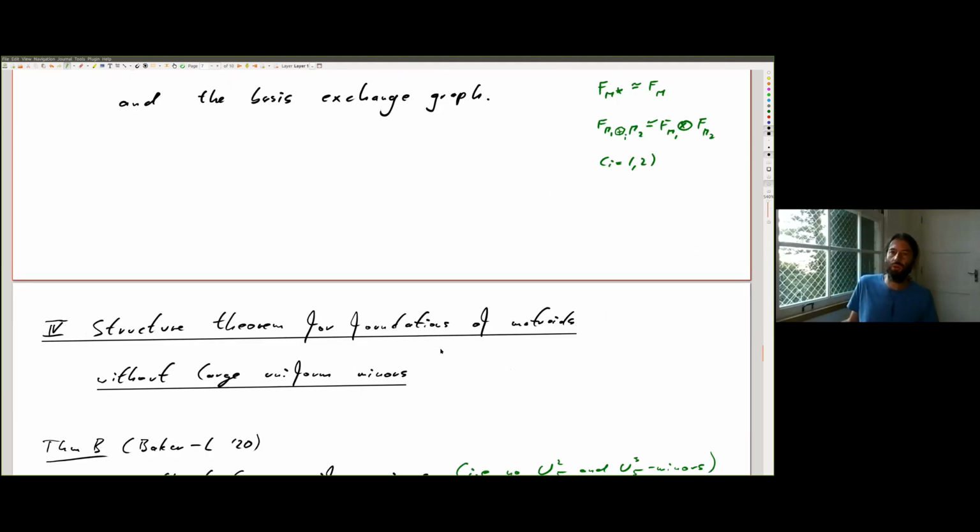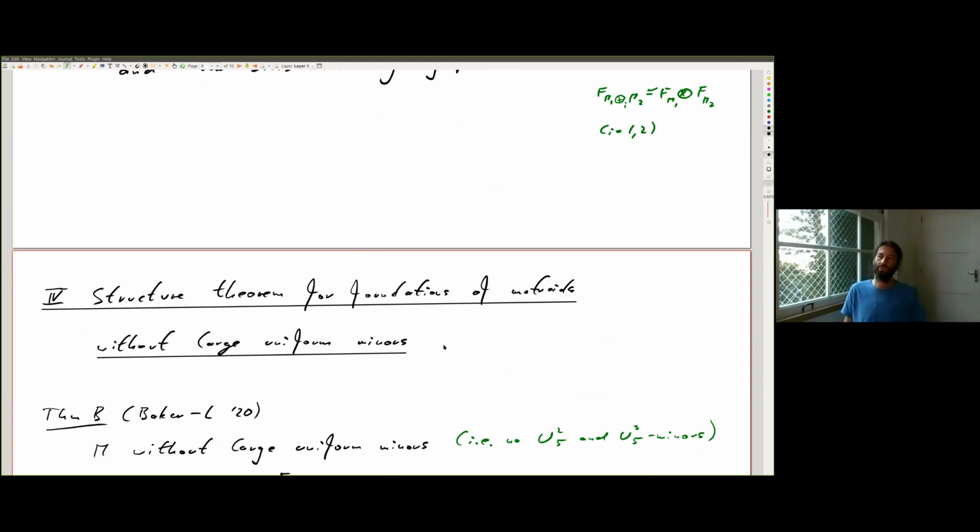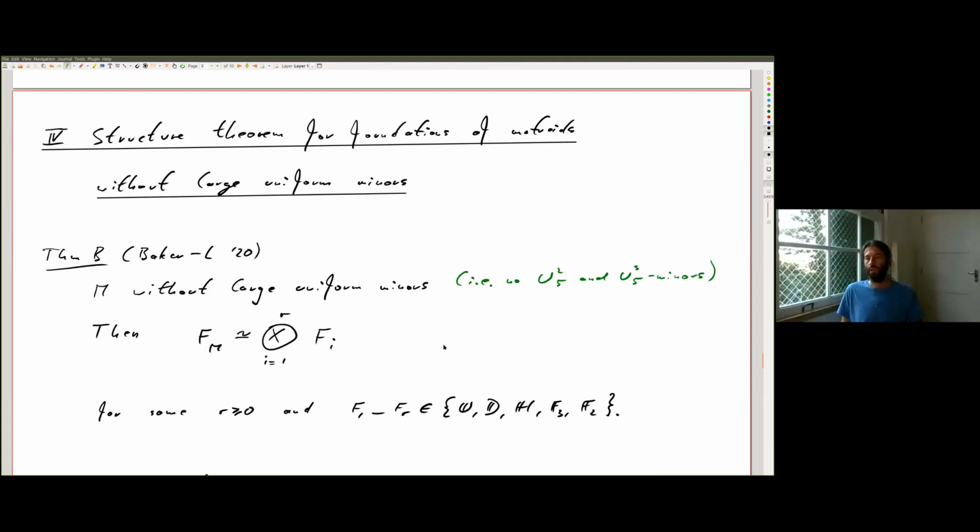So let me now arrive at the structure theorem for foundations of matroids with large uniform minors, which is in some sense a central theorem of the paper that Matt and I published. This is a theorem that Matt already cited last week. If M is without large uniform minors, which means that there's no U25 and no U35 minors, and in consequence it doesn't have larger uniform minors, of course, then the foundation of M is isomorphic to a tensor product of Fi's,